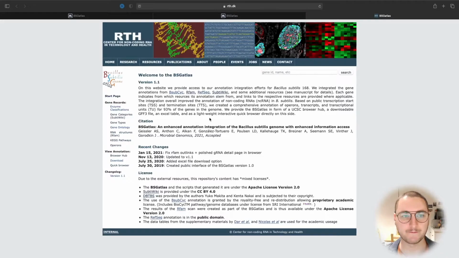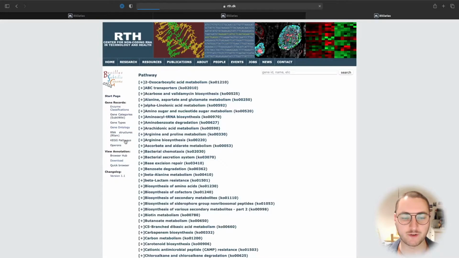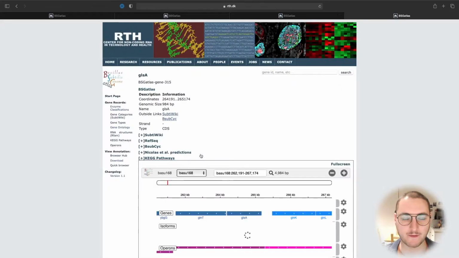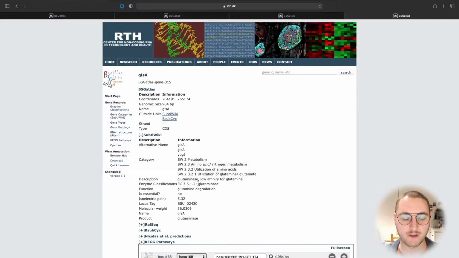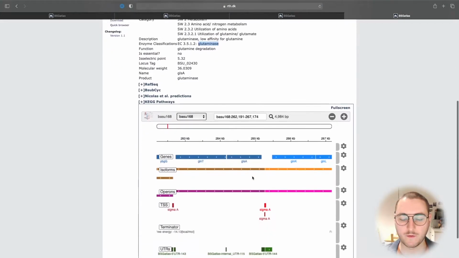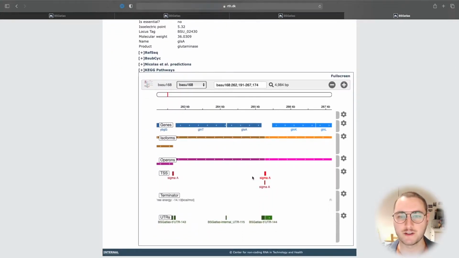Let's click on the link. We are presented with the BSGatlas. If we, for instance, select a gene of interest from, let's say, the arginine biosynthesis pathway, we have a web page that contains all the details relating to, in this case, this glutaminase, GLSA. On the bottom of the page, so let's scroll down, we provide a short insight into the genomic neighborhood of